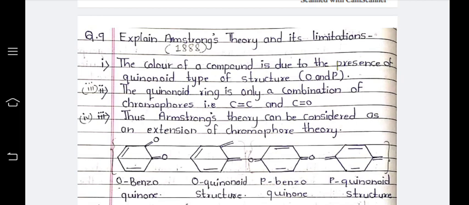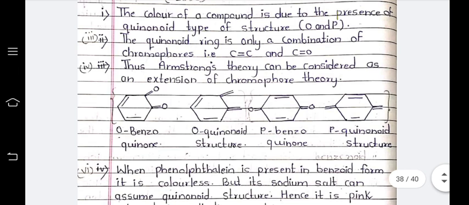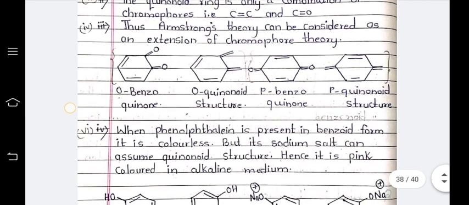Next is: explain Armstrong theory and its limitations. Armstrong theory was established in 1888. The color of the compound is due to the presence of quinoid types of structure, ortho and para. Quinoid rings are only a combination of the chromophores, that is C double bond C and C double bond O. Thus the Armstrong theory can be considered as an extension of the chromophore theory, that is orthobenzoquinones and orthoquinoid structures,